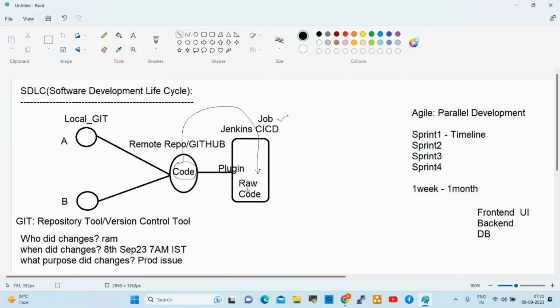Finally, the code should be deployed onto application servers. So here there is an application server, or we can say a Tomcat server.